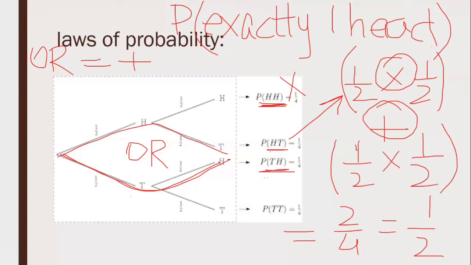So in order to obtain exactly one head, we have two combinations, either this combination or this combination. And if we delve into this particular combination, to make this combination of head and tail, I need to have a head and I need to have a tail. So I have an and in between. And over here as well, in order to make a tail and a head combination, I need to get a tail first and then and in between and a head. So we have multiplication in terms of and we have addition in terms of or. So we can find the probability as half.